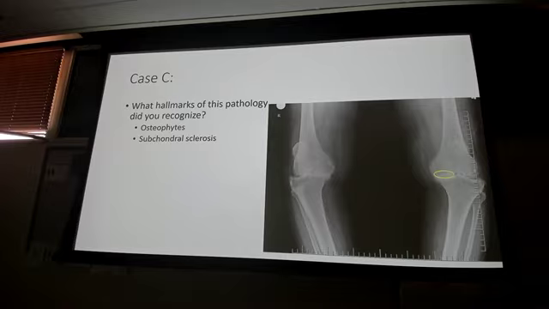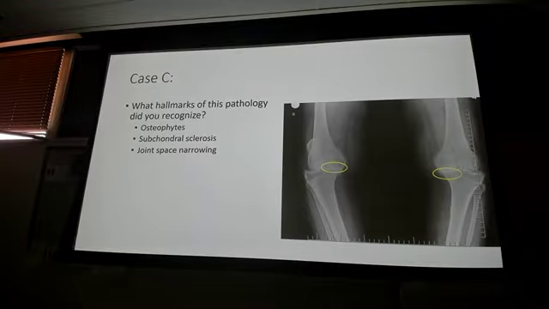Subchondral sclerosis, hard to see on this image, but when you go back to your arthritis images, your primary and secondary arthritis, really your primary, you'll see the sclerosing. Really, it only happens when there's bone on bone in that area. Because that bone is getting really irritated, so it's scarring up, and so you're getting that increased radiopaque area in there. Joint space narrowing,